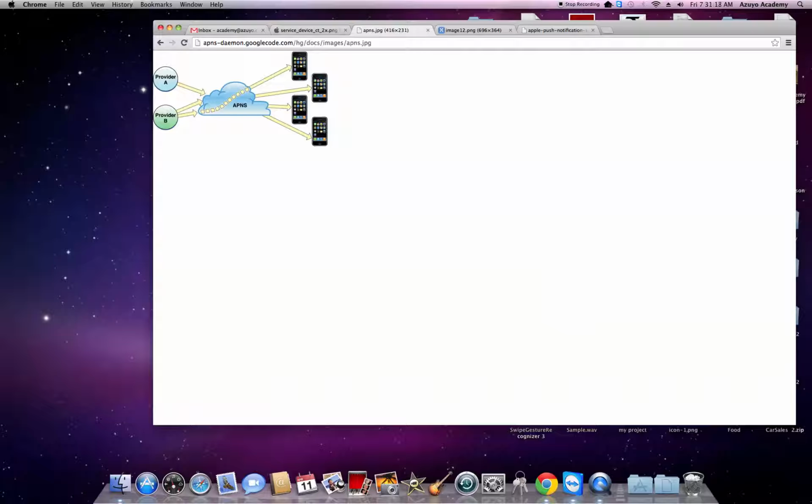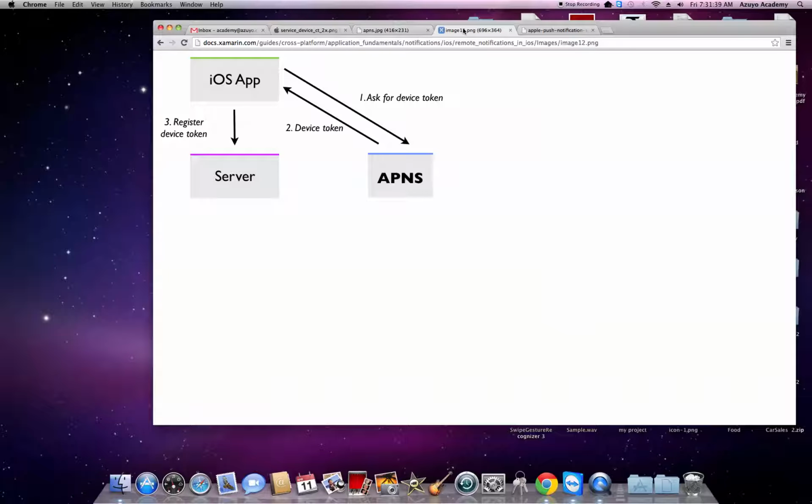There are a whole bunch of devices that are connected and registered to Apple Push Notification Service, and there are a whole bunch of your own servers that connect to it. I couldn't actually find a very good architecture diagram that can explain